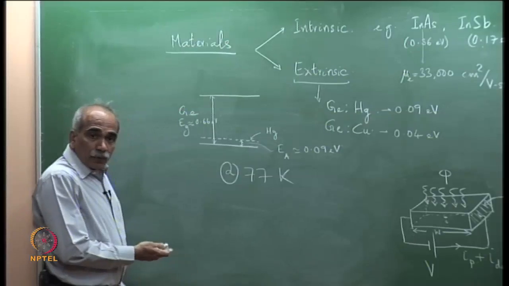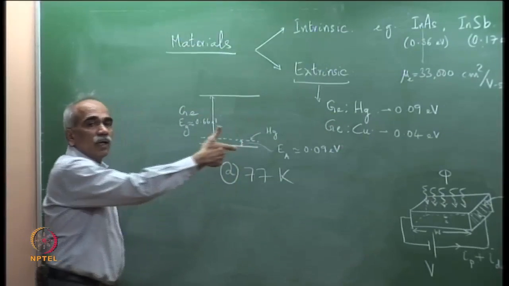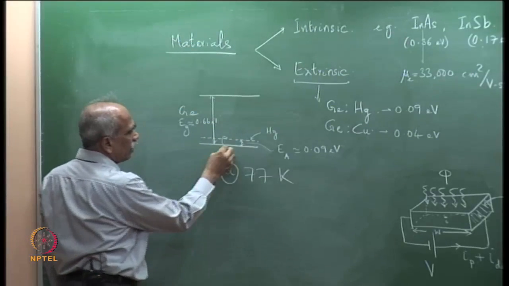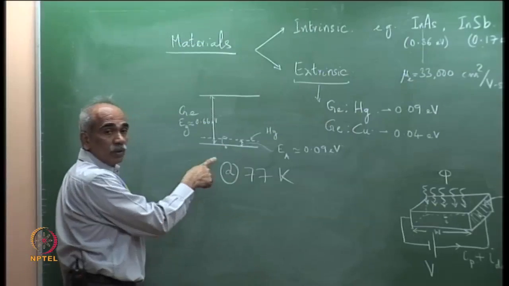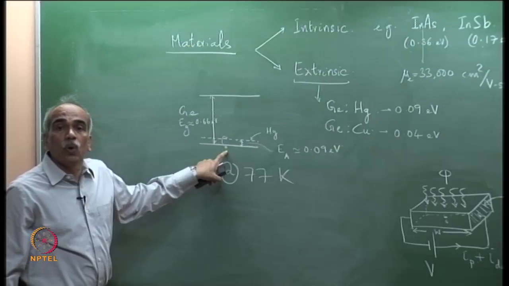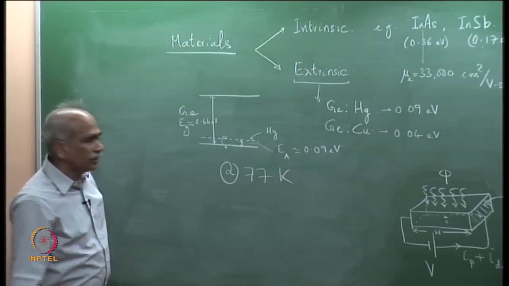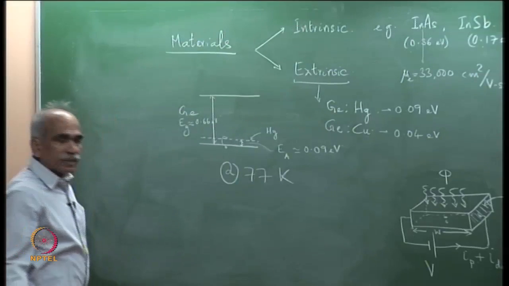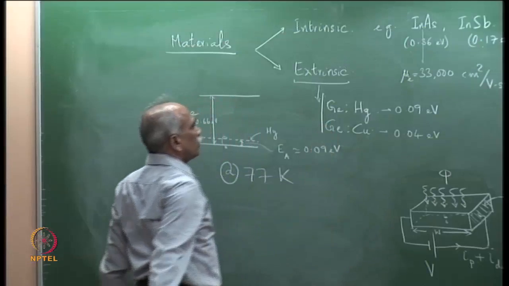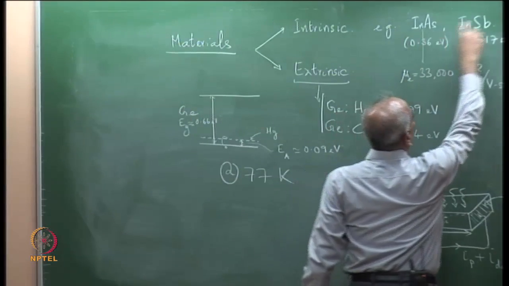So, if the incident photon energy corresponds to this activation energy, then it will respond, in the sense an electron will go to the acceptor level, leaving behind a hole, and the hole will cause conduction. So, the conductivity is due to holes created here, just like in a p type material you have acceptor levels which accept. So, the widely used extrinsic materials are germanium doped mercury,